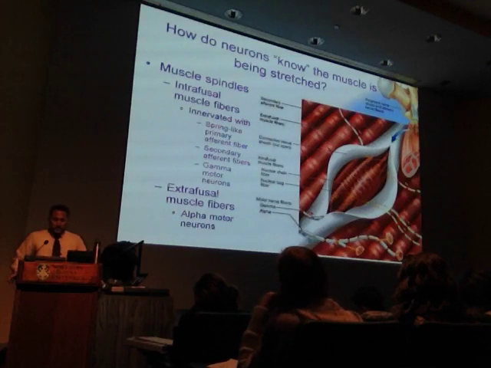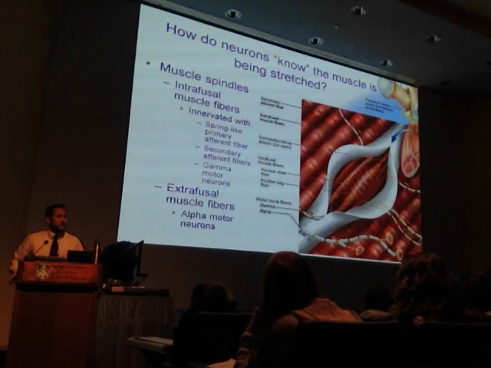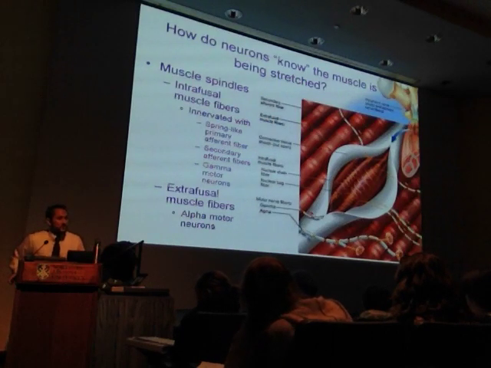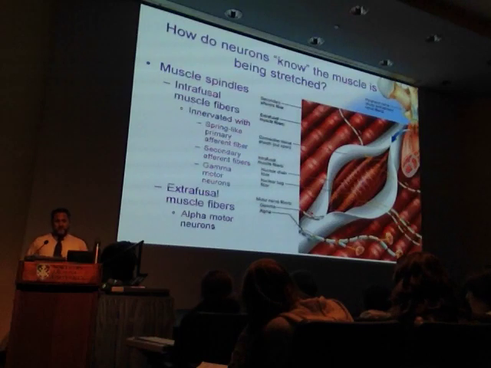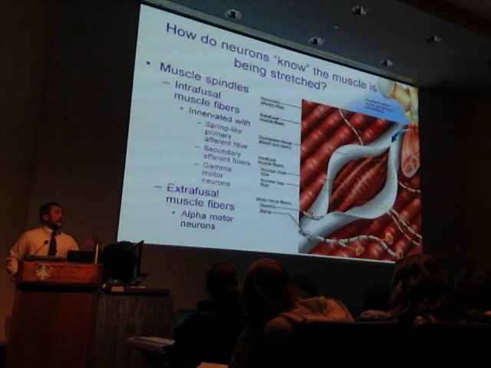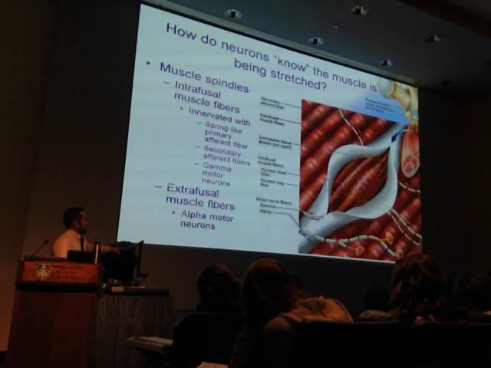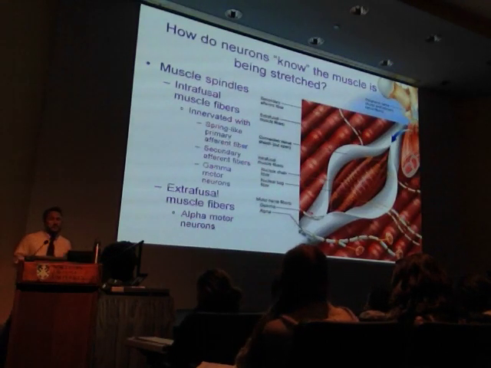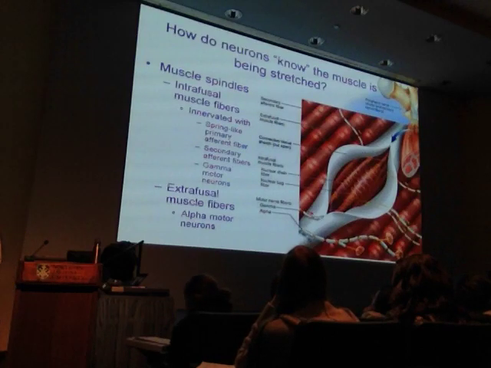So the primary afferent fiber is picking up information about the rate and the amount of the stretch of that particular fiber. The secondary afferent fiber is giving you information about the magnitude of the stretch. So rate suggests an amount per unit time, or the frequency. And the secondary afferent is giving you information about the size or the magnitude, how much force is actually being generated. Okay?